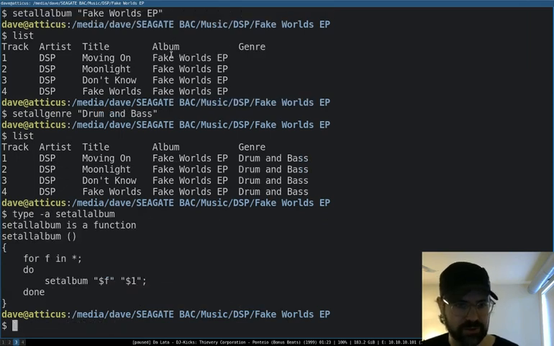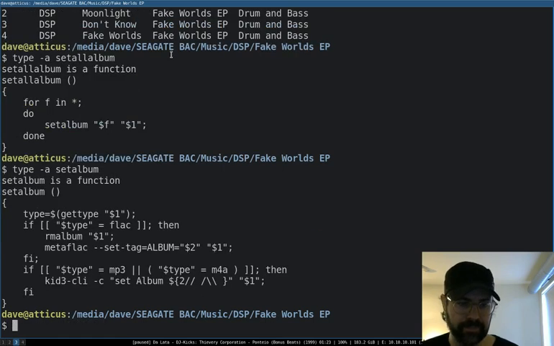So it just goes through all the... It's interesting that it goes through every file because not every file in every folder is a FLAC file or even an audio file. So that could probably be changed, but I'll bet you set album does make a distinction. Okay, yeah, so it's looking at the file type, and it says if it's a FLAC, then first it removes the